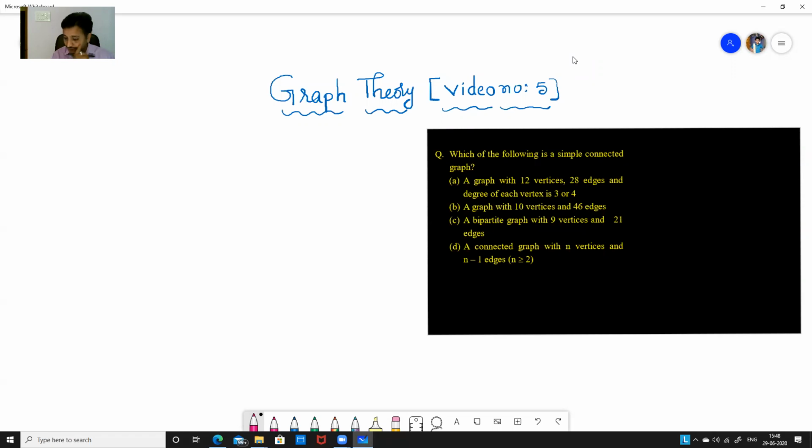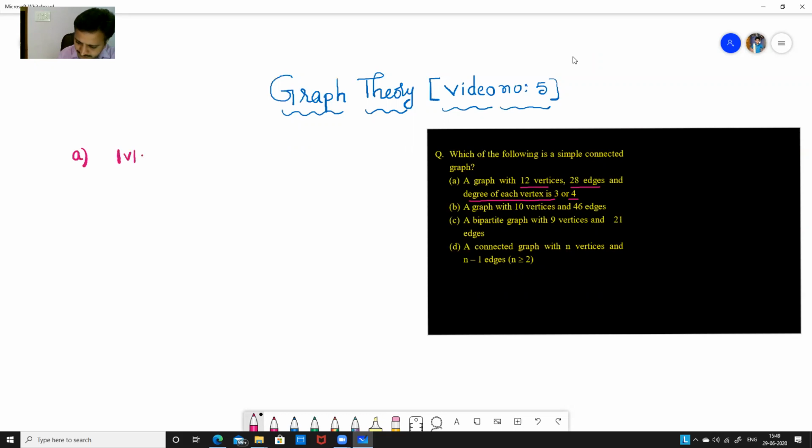Let me check whether the first one is a simple connected graph or not. A graph with 12 vertices, 28 edges, and the degree of each vertex is 3 or 4. Will such a simple graph exist or not? We'll discuss whether it exists. So they clearly mention that